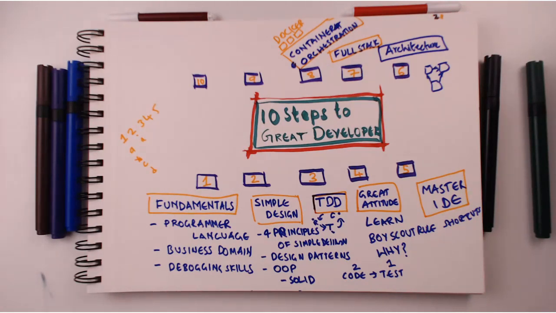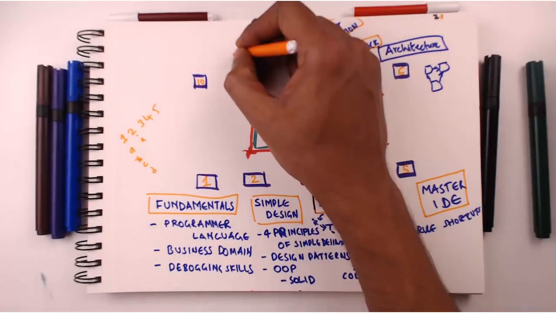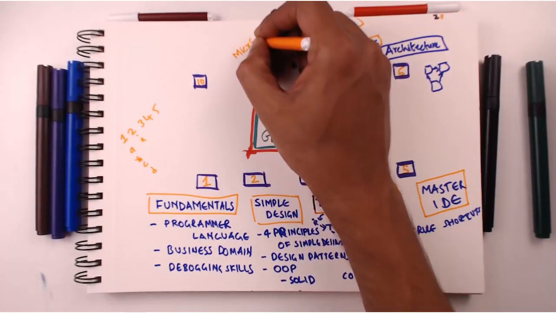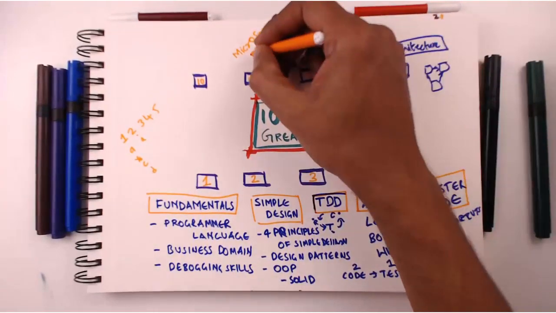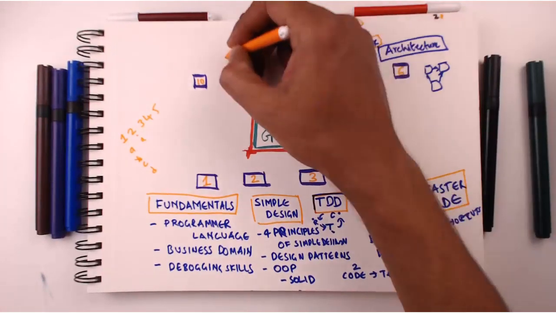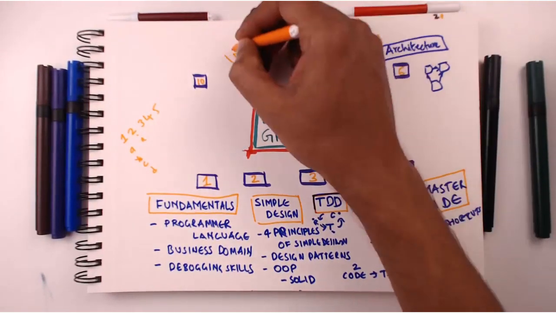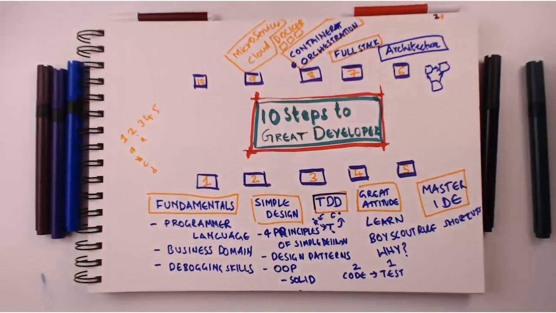The 9th thing that I would recommend you to learn is microservices and cloud. The microservices architecture is very, very popular these days, and the best place to deploy the microservices architecture onto is the cloud. So understanding why we need microservices, understanding what the challenges with microservices architecture are, and understanding how you can actually deploy microservices to the cloud is a very, very important thing that you need to understand in today's world.